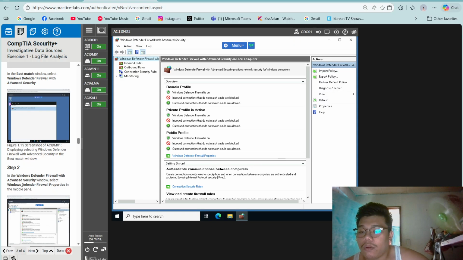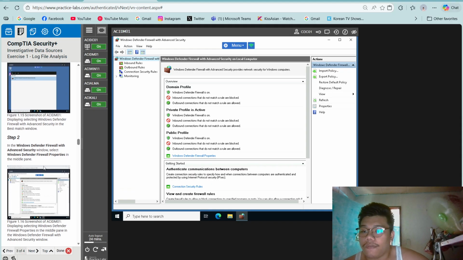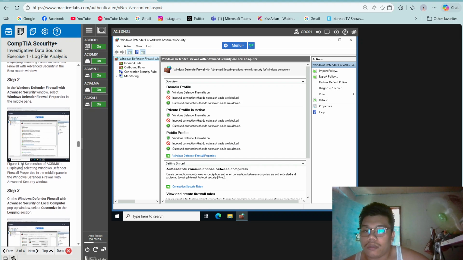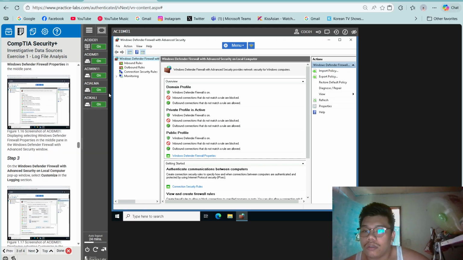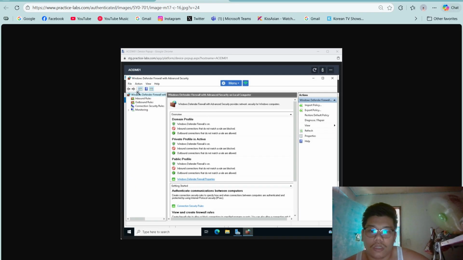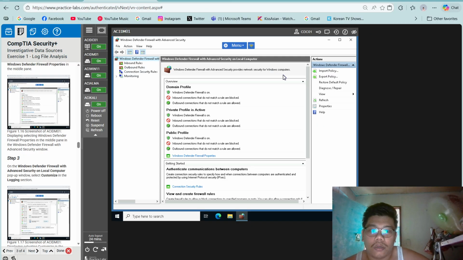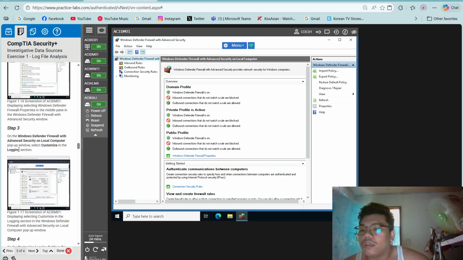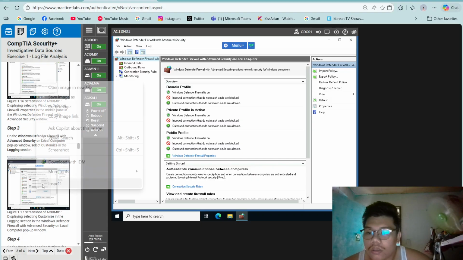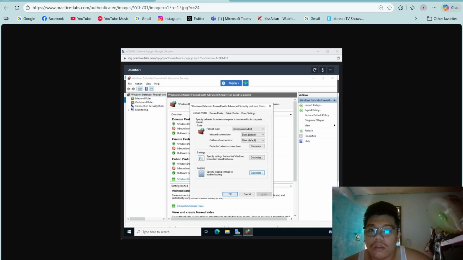In the Windows Defender Firewall with Advanced Security window, select Windows Defender Firewall in the middle pane. If you want to check what it is saying, look here. Step 3, on the Windows Defender Firewall with Advanced Security on Local Computer window, select Customize in logging. If you want to check the picture, see what it's saying.